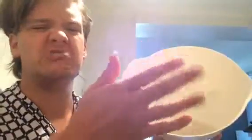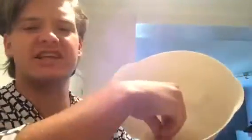Okay, so we'll start off with the first process, and that is to pour about 50 to 70 grams of this rice in a bowl like this per maki roll. So I'm going to make one maki roll for you today. So this is about 60 grams. Yeah. The second thing you want to do is you want to